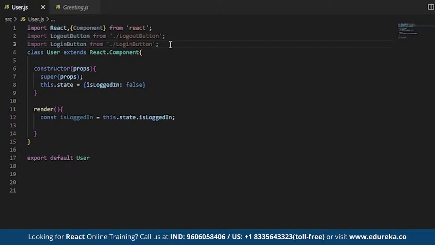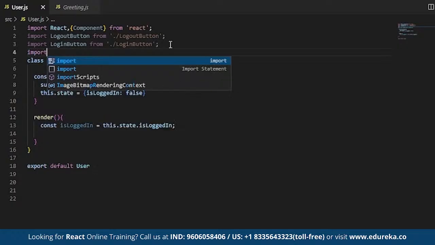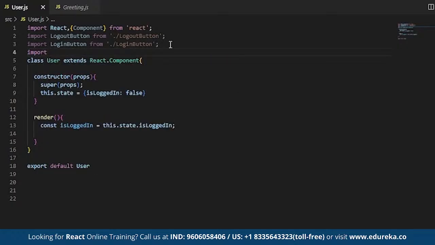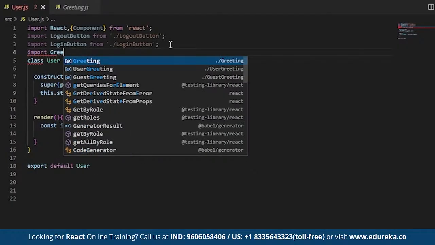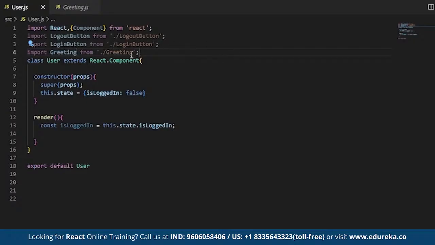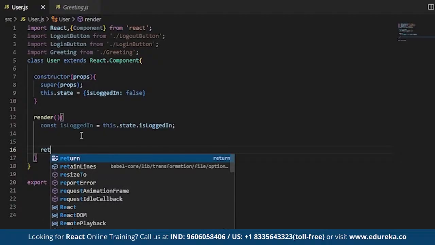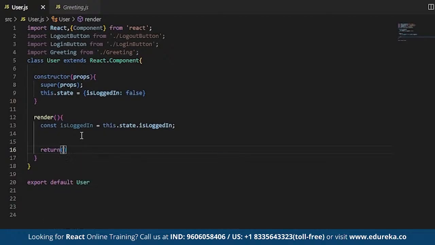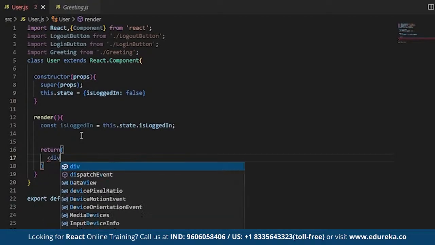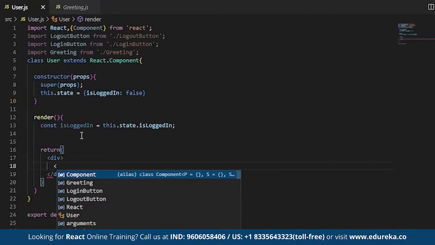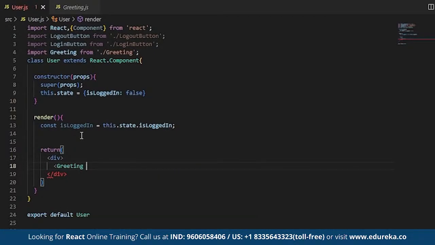Let's do that. Import greeting. Yes, now you can see, right? Now I want this to be returned. So I will return a div, greeting isLoggedIn, which is equal to